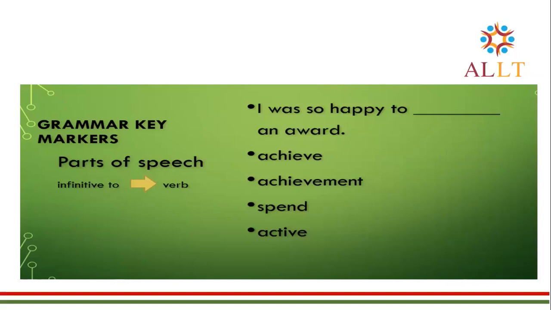One of these tips is the part of speech, the infinitive to. I tell my students that always after the infinitive to is the base verb. So if you got to and then you get a blank, you have only to choose a verb. If they have a question like this, then the word achievement, which is a noun, and active, which is an adjective,